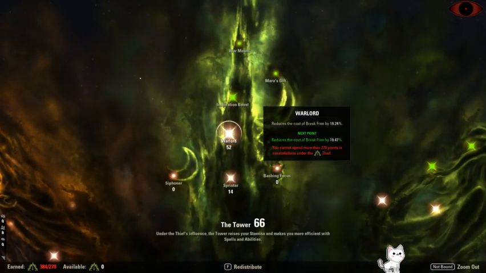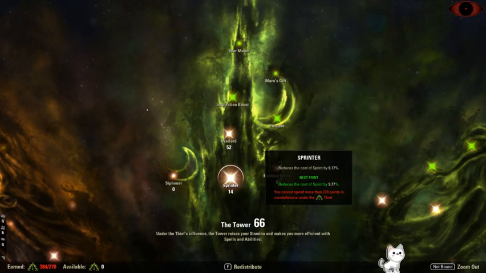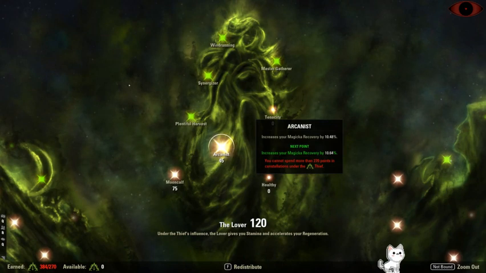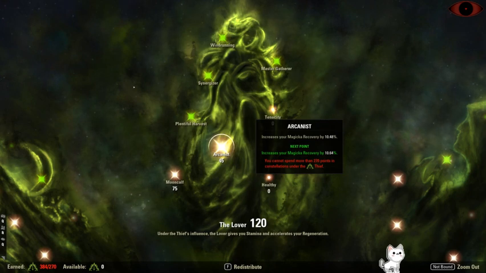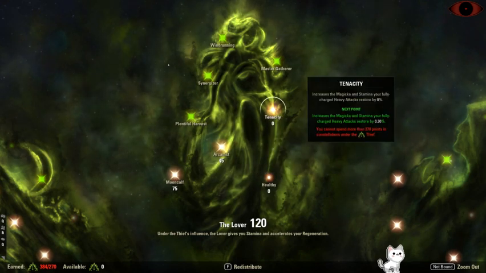So in the Tower, I have 52 into Warlord, 14 into Sprinter. I kind of just put some extra points into Sprinter just for shits and giggles. Arcanist, I tend to put some in here because why not? We do need our off resource. So rather than just having max stat, I'll put a bit of recovery because I have extra points, so whatever. 45 into Tenacity just doesn't seem that appealing to me because I want to avoid doing heavy attacks,